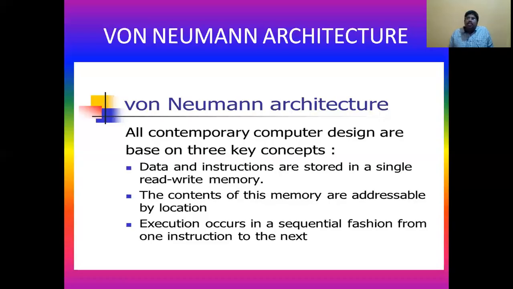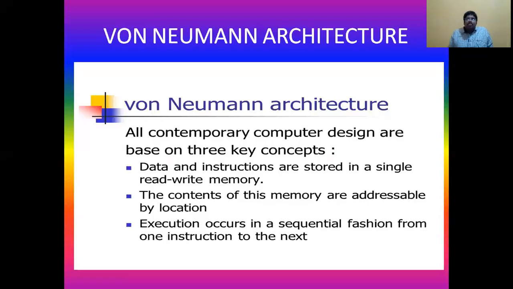But in the initial computers, we have the von Neumann architecture. Here there are no separate memory partitions. We have a common memory where both program as well as data are stored. Okay, that too they are not stored differently. For example, if there is any data, it will be stored in the first 10 memory locations, and whenever a program